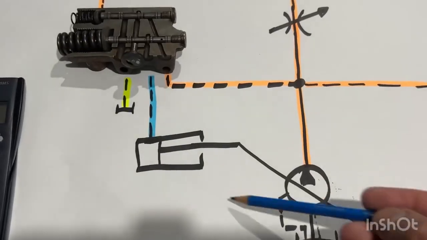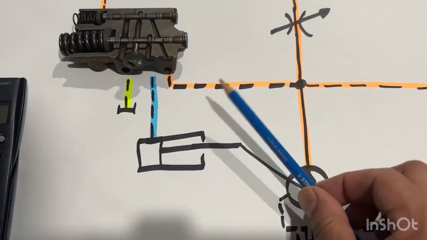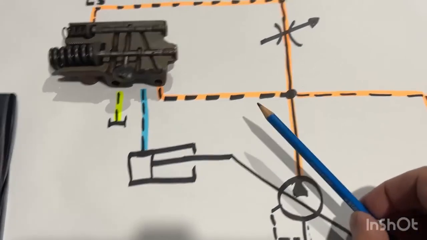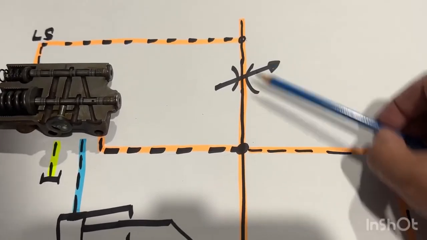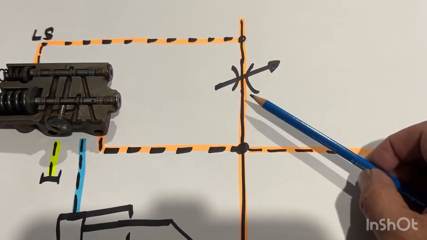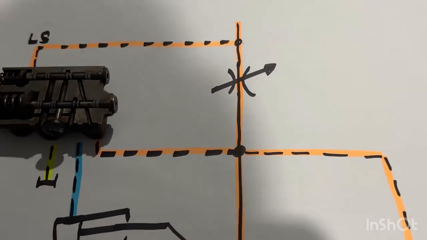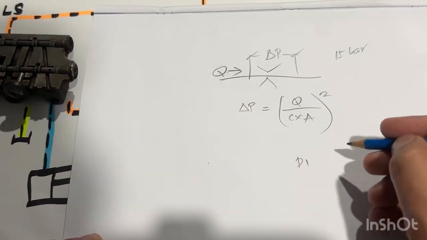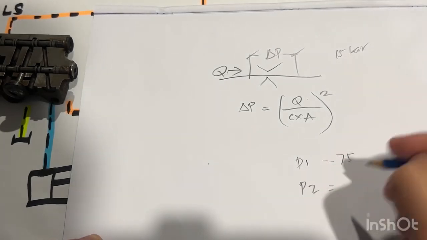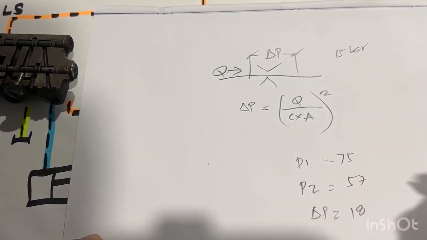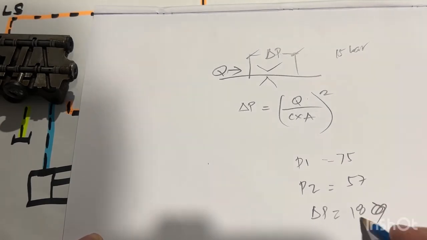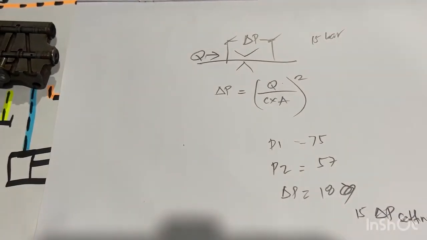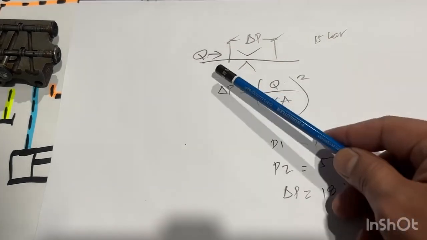When this moves to the right, it means the pump is decreasing the flow. When the pump decreases the flow, expectedly the delta P across this orifice will decrease as well until it becomes 15 bar, because that's what we set. For example, at regulation, P1 is 75, P2 is 57, and you have a delta P of 18 bar, which is greater than the 15 bar setting on the spring. That 18 bar will decrease only if the flow rate decreases.